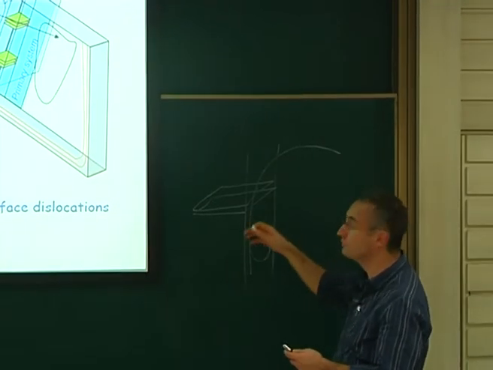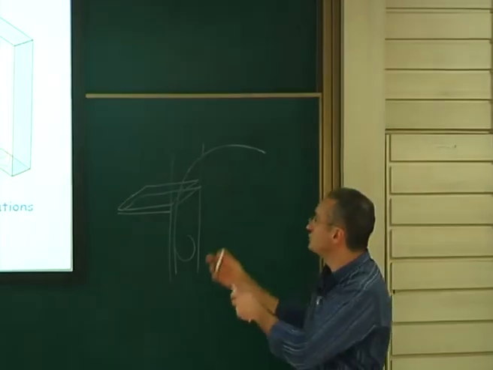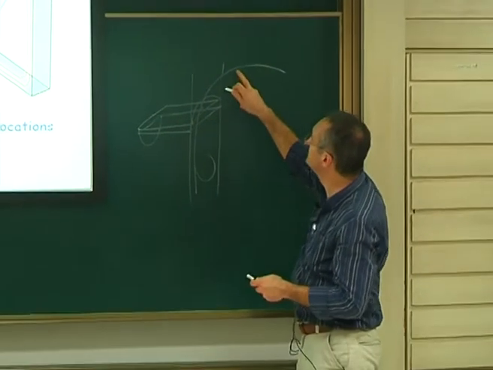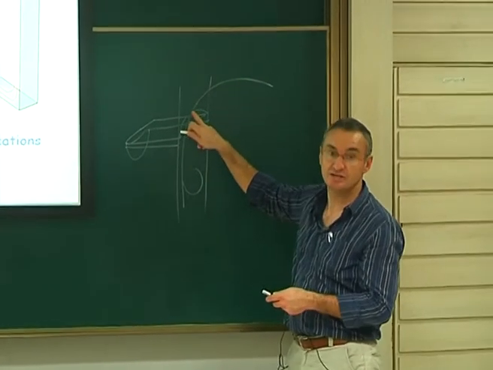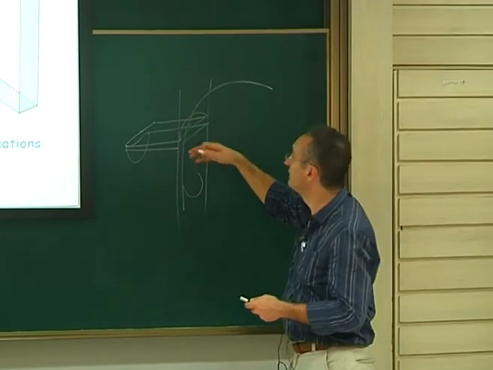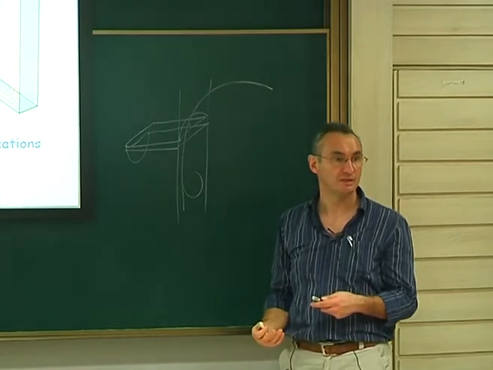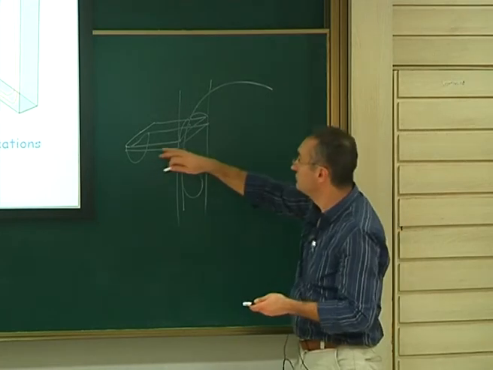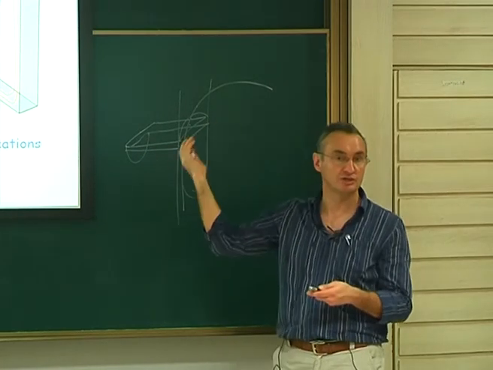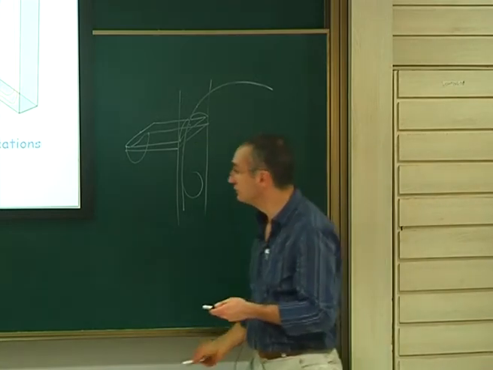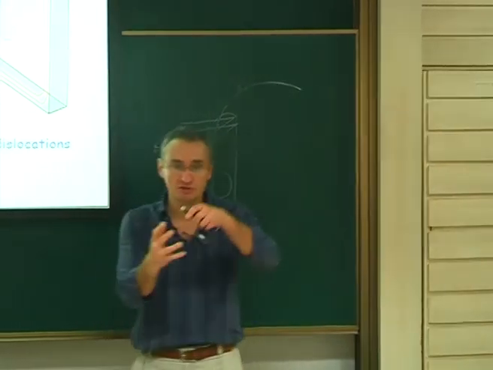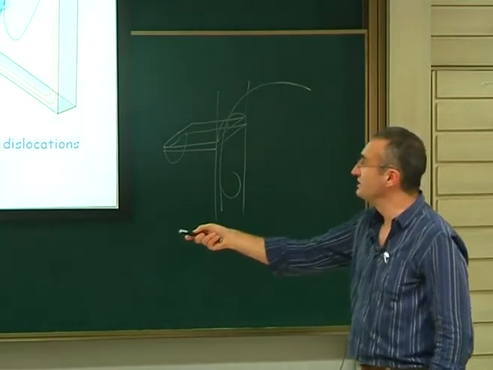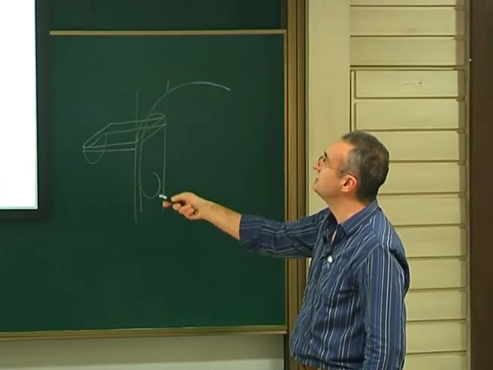You have a gradient of stress. Now the stress is no more homogeneous. If the stress was homogeneous, this guy was going up, this guy was going down. But since this guy is coming here, it will put an extra stress on the closest of the two that will sweep your dislocation toward the surface. So the prismatic loops are swept by the mobile dislocation. Okay? This is how it propagates. It's not because of the loading, it's because of the red dislocations here. So it's a sweeping of the prismatic loops by the mobile dislocation at the interface.